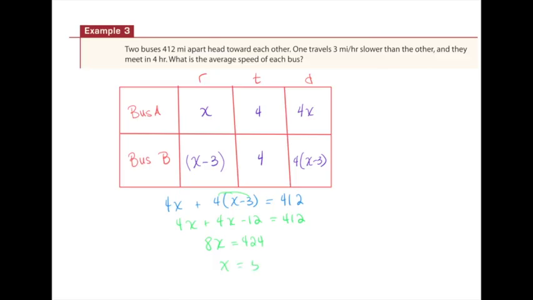And x equals 53. This is which bus? Well, I set this up as bus A. So this guy is going 53 miles per hour. He is going 3 miles slower, so he's going 50 miles per hour. So that's one type of distance, rate, and time where you're technically doing a substitution for your rates. Rate 1 and rate 2, but we know rate 2 is rate 1 minus 3. And so instead of just setting up systems of equations here and doing substitution, I just set it up all